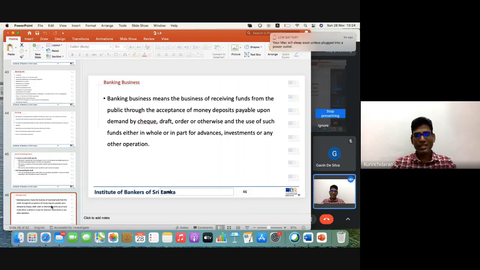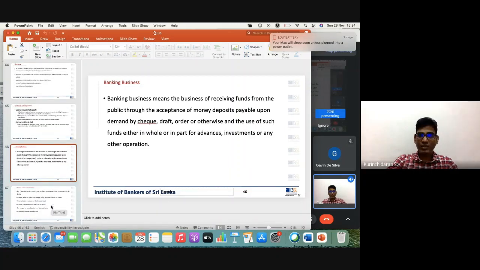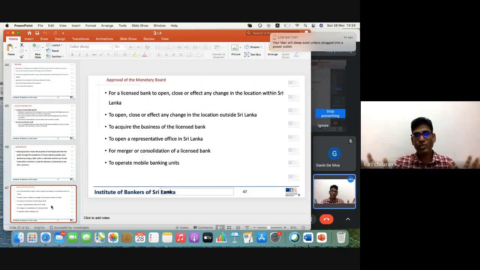Now, see an example like this. Even though we are talking about banking business here, for finance companies we call it finance business. Similarly, if you take a finance company, they will do many kinds of business. So the central bank should see whether these businesses come under the definition of financial business. If not, you have to ask them to close down immediately, and if there's any regulatory action, you have to take it. Clear? Okay. So this act talked about banking business. You cannot go beyond that scope.